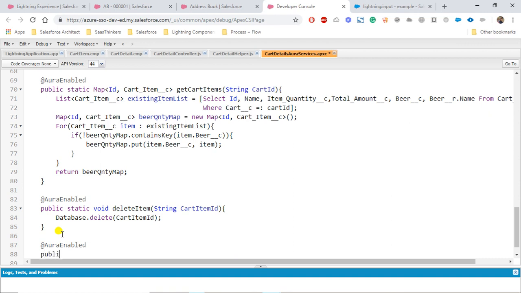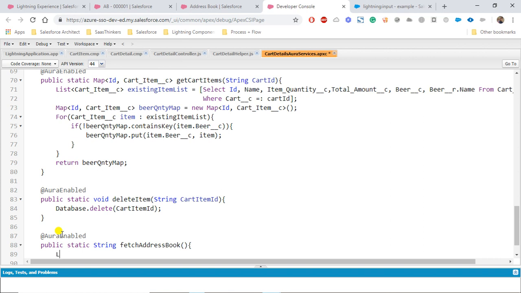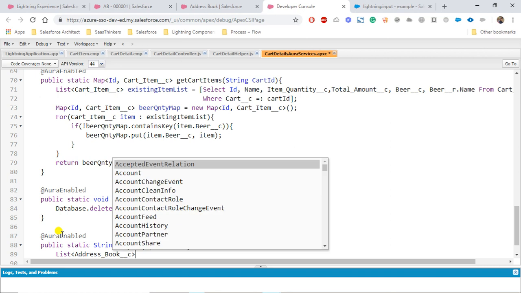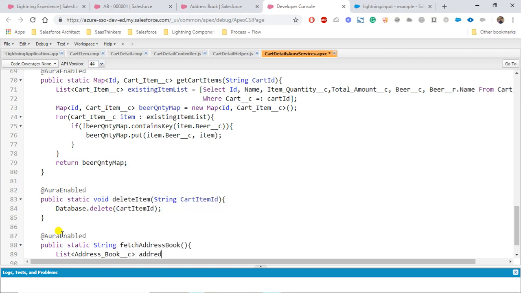This will be returning public static string fetch address book, and we will be sending a string, as we don't need to send because we have some inbuilt method. So let's say that address book address list,